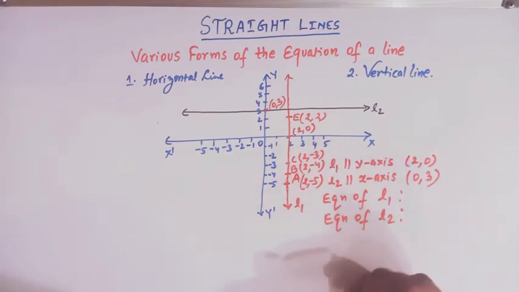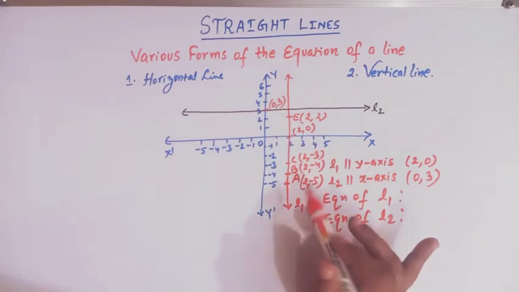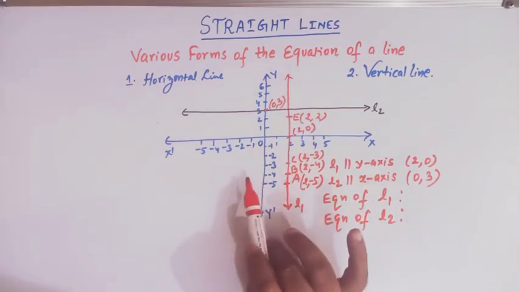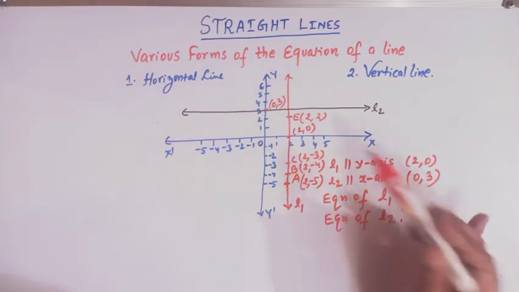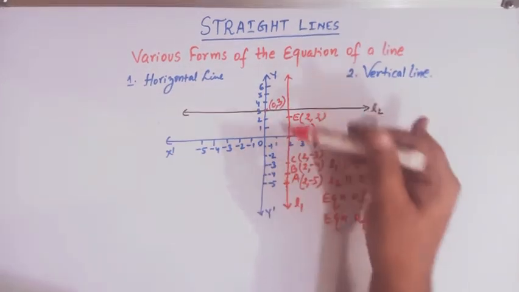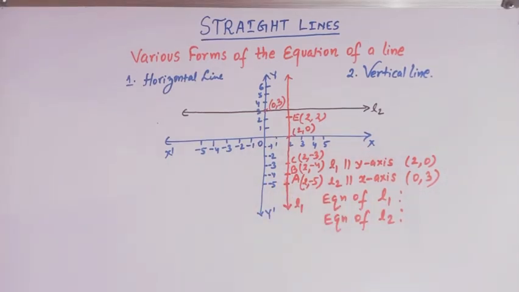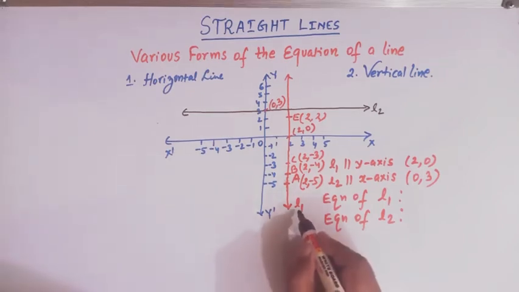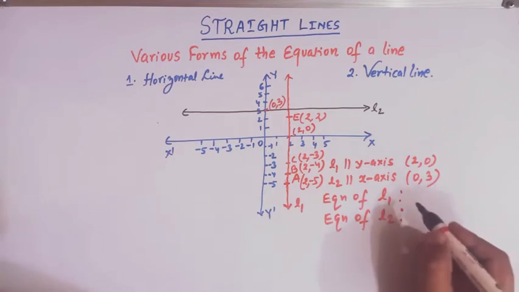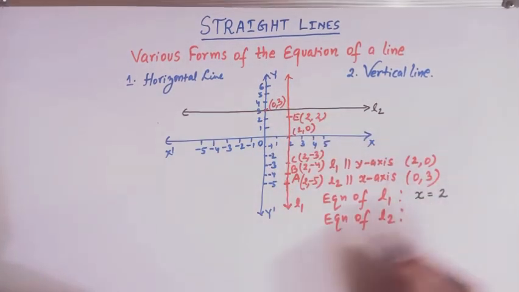So we observe that if a line is parallel to the y-axis, then the x coordinates of all the points lying on that line remain the same, right? So we can say that the equation of this line